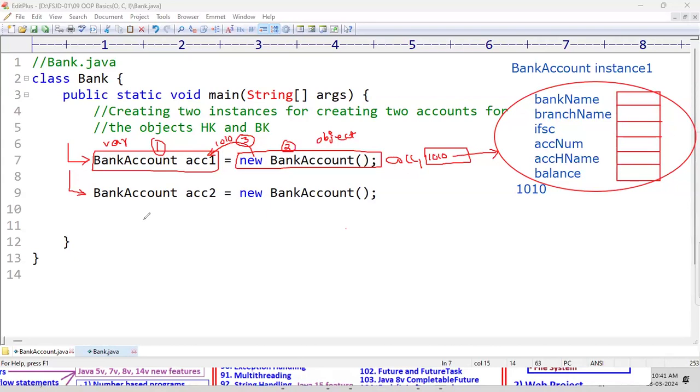Second line is a different line, same steps. How many steps of execution? 3 steps. First step, variable creation. Second step, object creation. Third step,